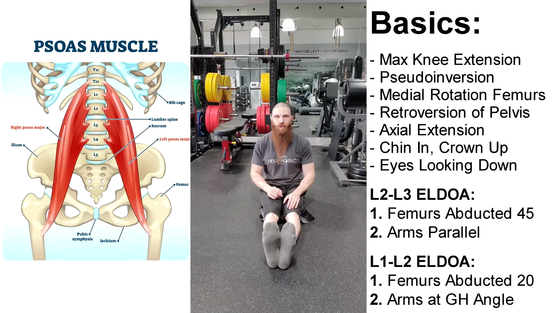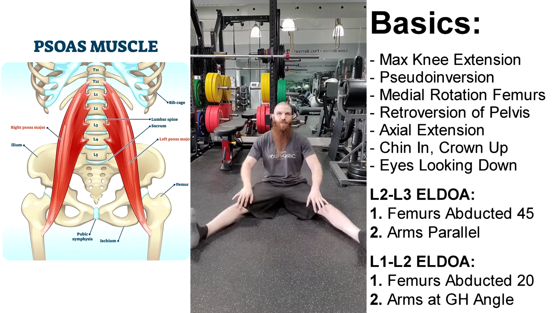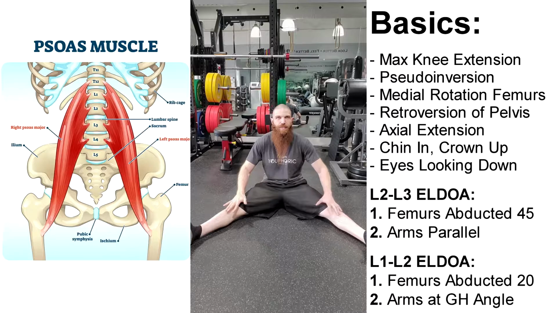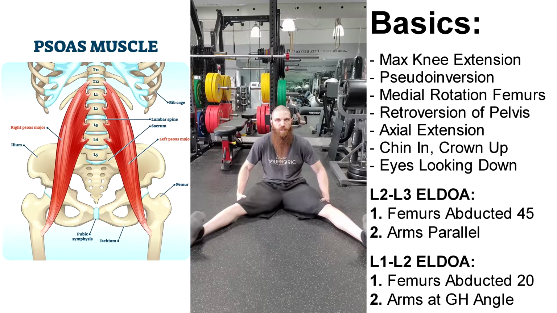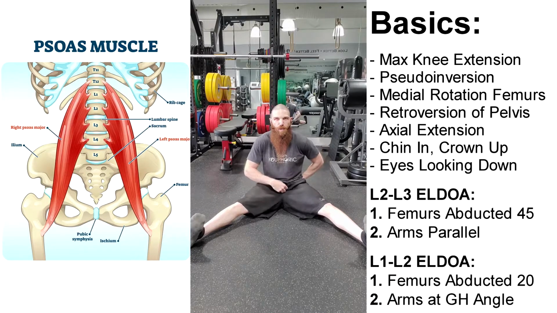The first is going to be the L2, L3 ELDOA. For this one, you're in a seated position. You want to abduct your thighs to 45 degrees. You want maximum extension of the knees, pseudo-inversion by going into dorsiflexion and inversion of the ankles, then maximum medial rotation of the femurs. You want to maintain retroversion of the pelvis, flat lumbar spine, flat thoracic, chin tucked in, crown of the head up, eyes looking down at the floor to put the dura mater under tension. With the arms,